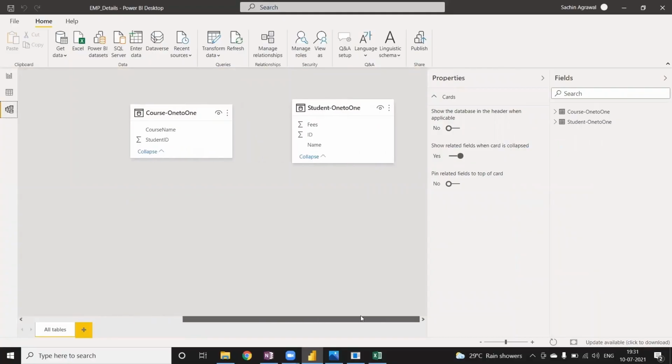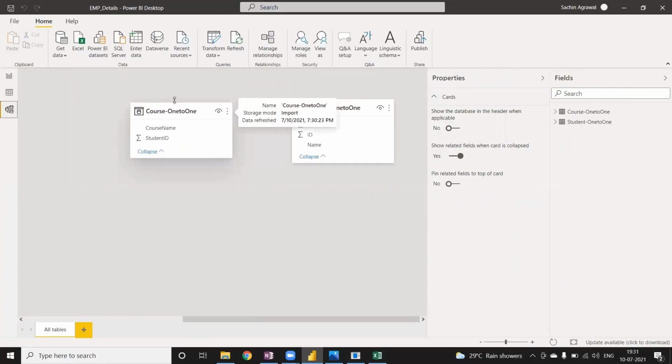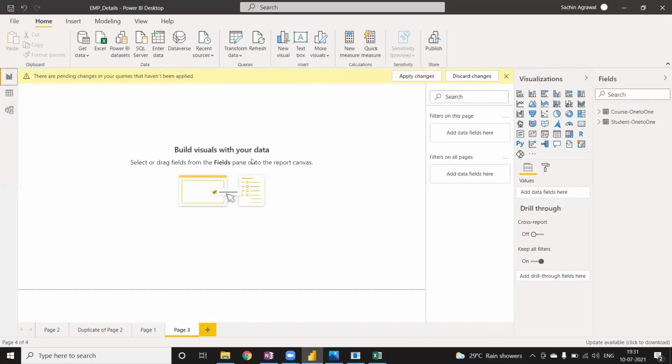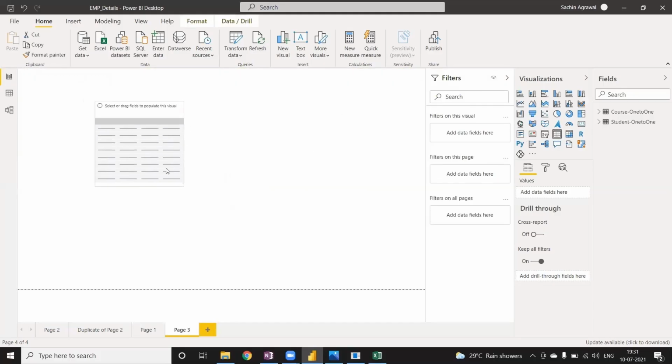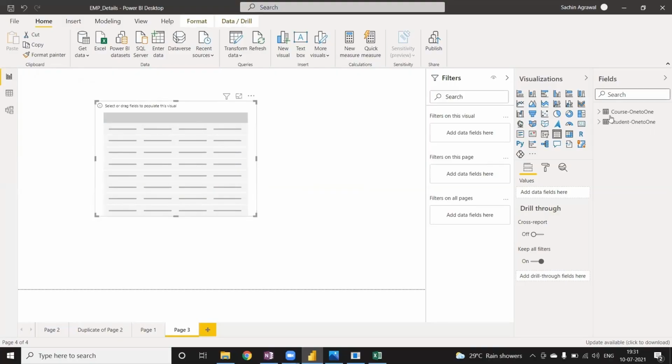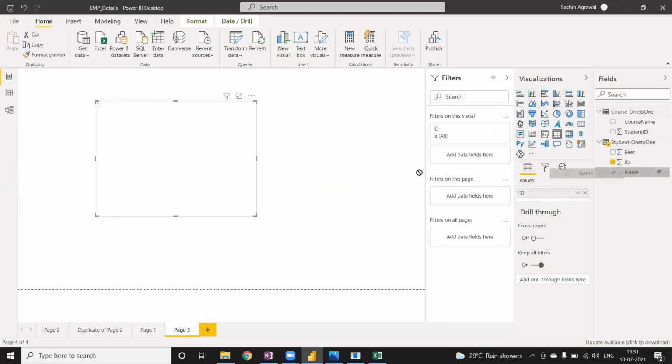Okay, so let's jump over here in the modeling tab. Scroll a little bit to the right-hand side. Now over here we have the different column names. Then we have to add this relationship. Then only you will be able to see the data like name, fees, and the course name. If you don't have a relationship, you cannot. Let me show you an example. So I am taking a table, and let's try to bring values. First, I am going to the student, bring ID, name,